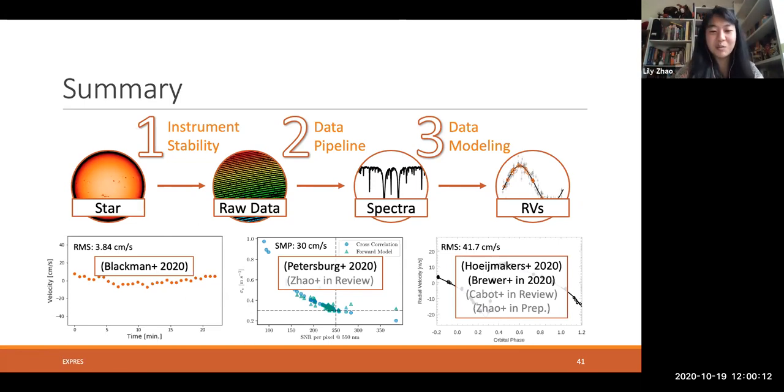So when we can nail that one down, we'll be in a whole new regime, right? Where we might have to start over and figure out everything in this new regime with 30 centimeters per second precision or 10 centimeters per second precision. But right now, stellar noise is the one that we're all really looking towards to try and cement. Great, thank you.